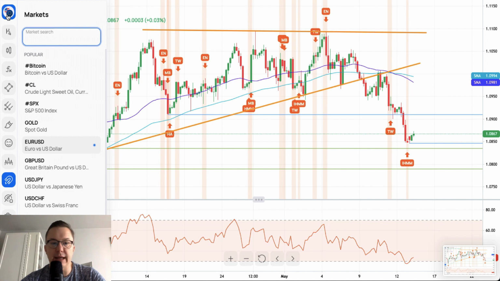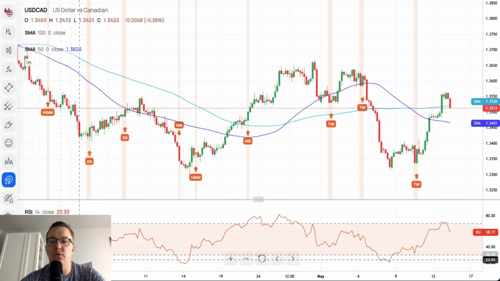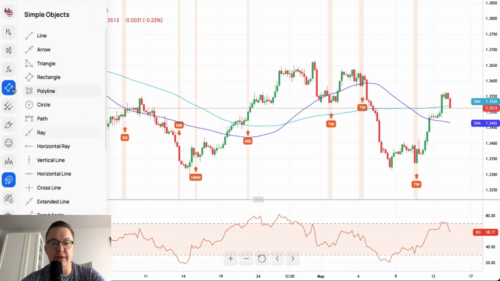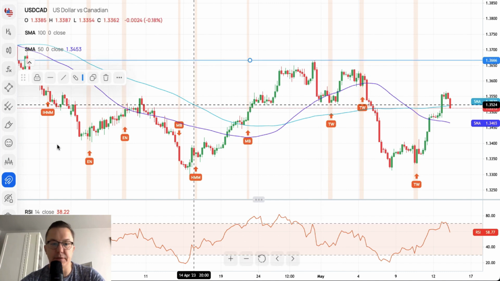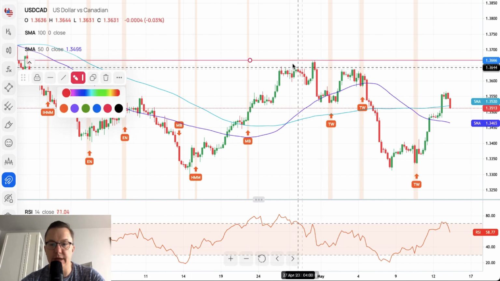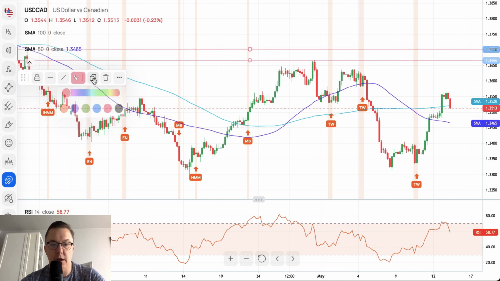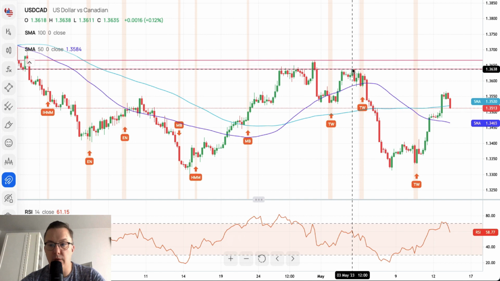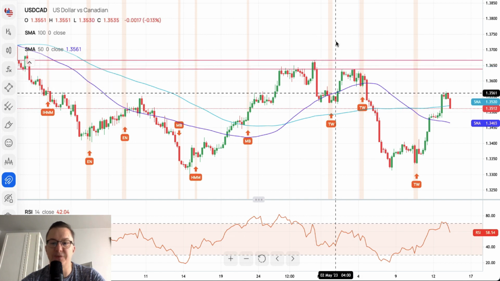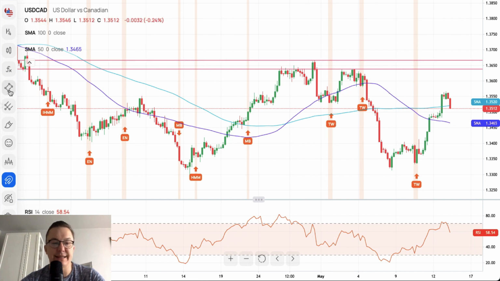Let me now take a look at the US dollar to the Canadian dollar, because we are about to receive some data from the Canadian economy. So what do we have here? It's of course quite simple, because we got a swing high, so that's the resistance. We got another resistance just below this level, 1.3338, 1.3666. This is the supply zone.